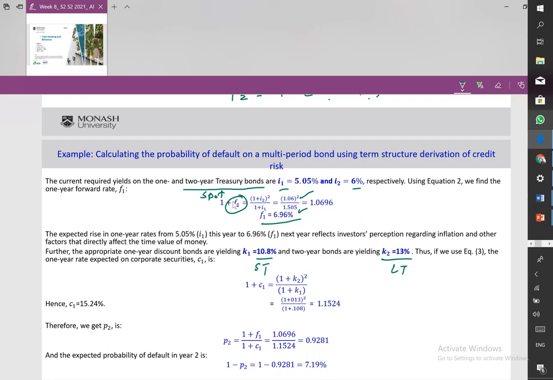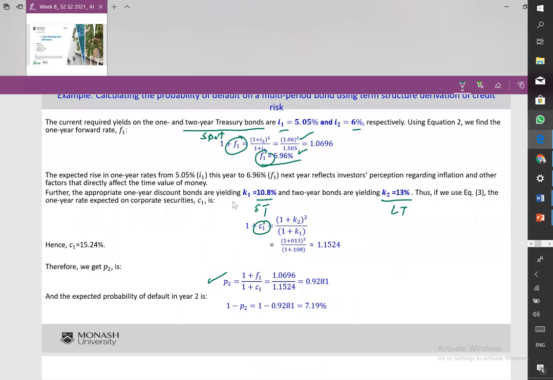Then I can calculate, if I get the F1 and I calculate the C1, I can actually calculate the B2, and then I can calculate the default over the second year, or the probability of payment of the second year. This is the probability of defaulting, and I can calculate the cumulative. This is just the probability of defaulting for the second year, which means the probability of payment is